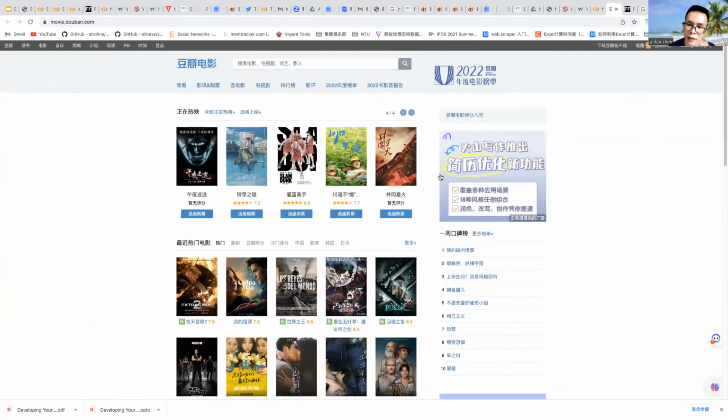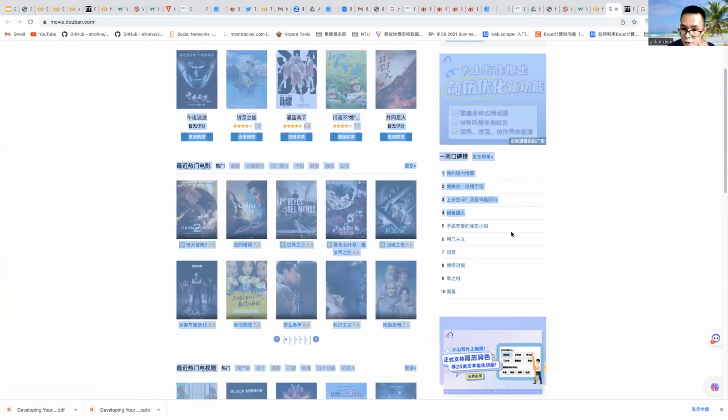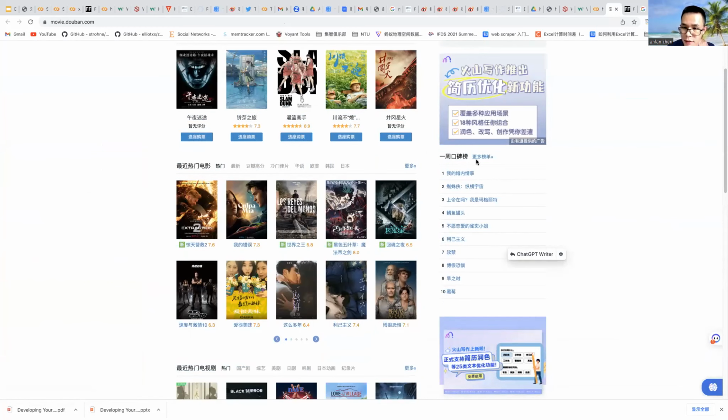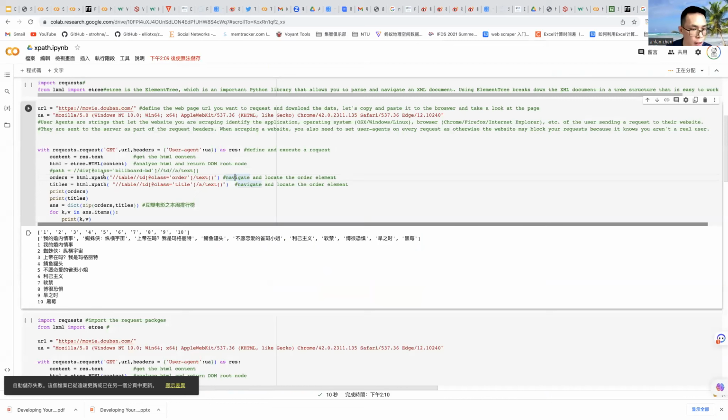We just want to scrape all the items from this part, the weekly rank of the movies. So the orders are 1, 2, 3, 4, 5, 6, 7 to 10. And we also want to get the title, or the movie name, from the website.